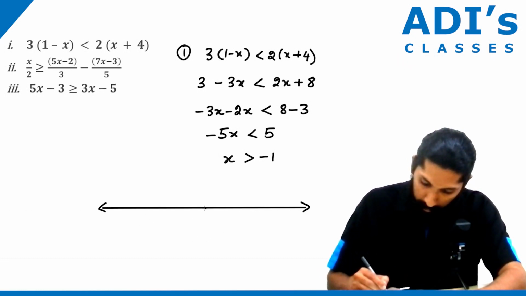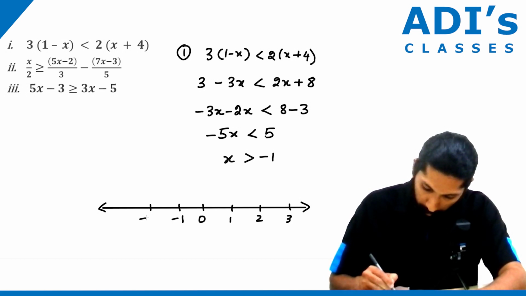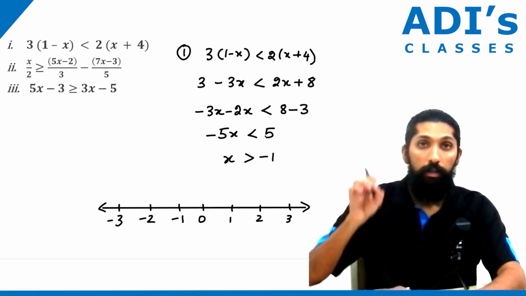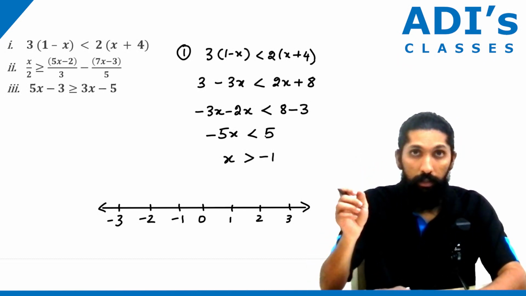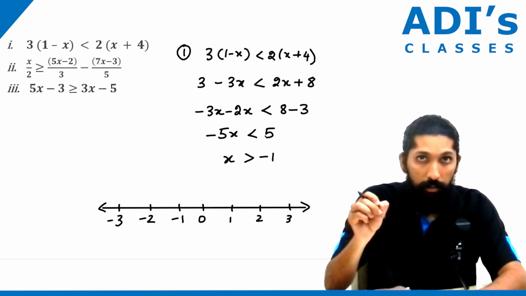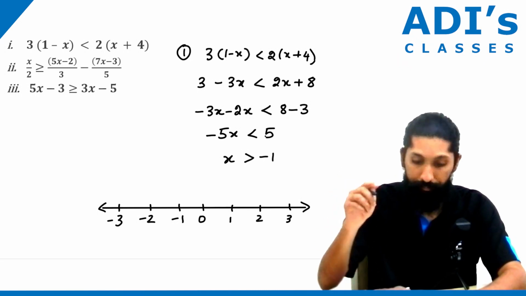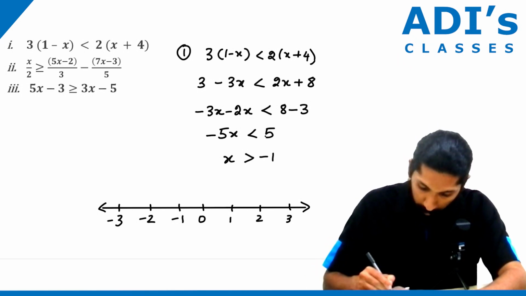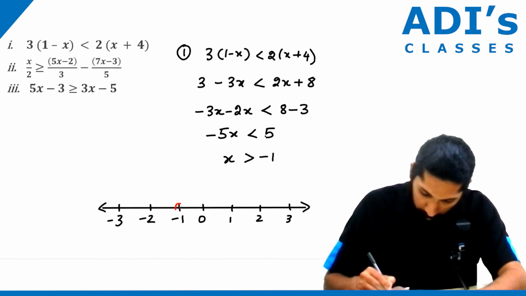So we start, this is 0, 1, 2, 3, say minus 1, minus 2, say this is minus 3. Since it is a strict inequality, what are we going to write? We are going to write just a normal circle without the shading part, correct? And since x is greater than minus 1, so what we'll do, so minus 1, so we are going to